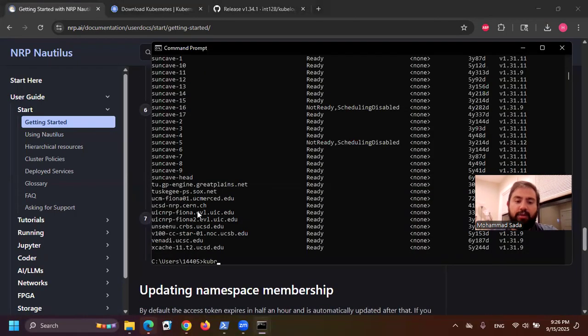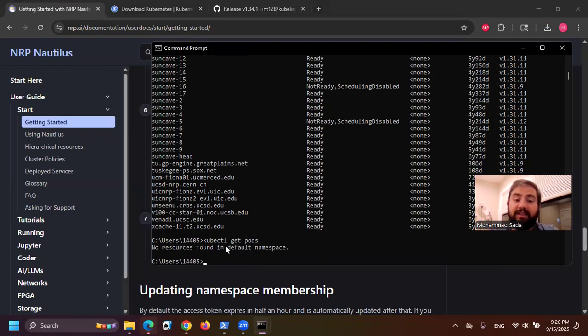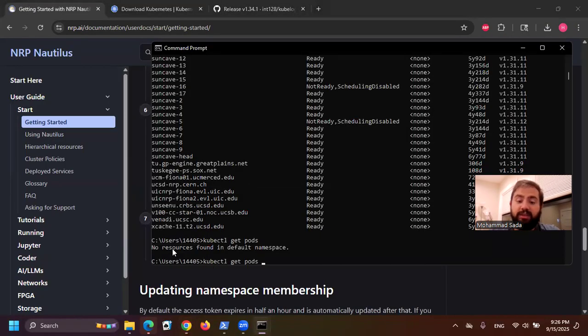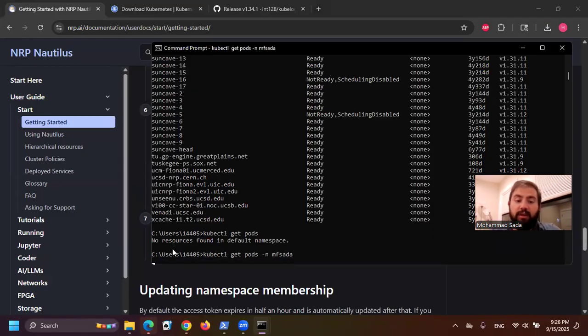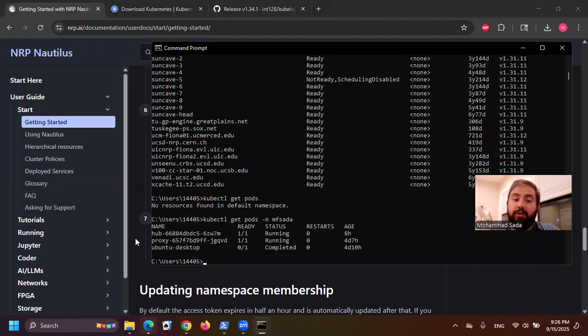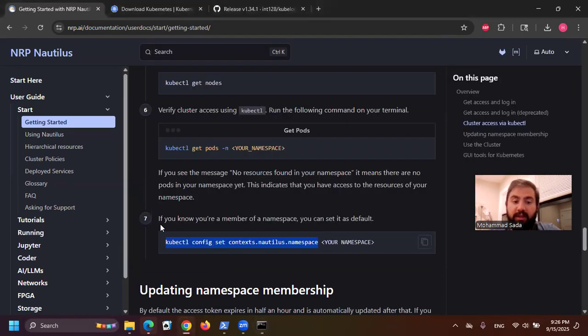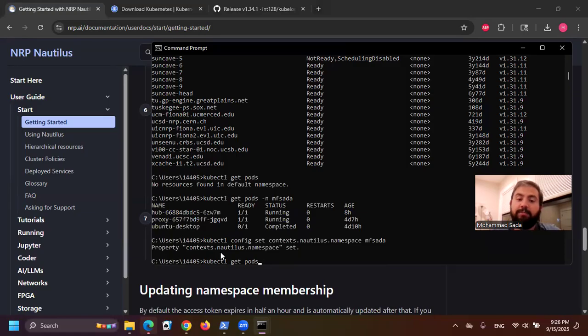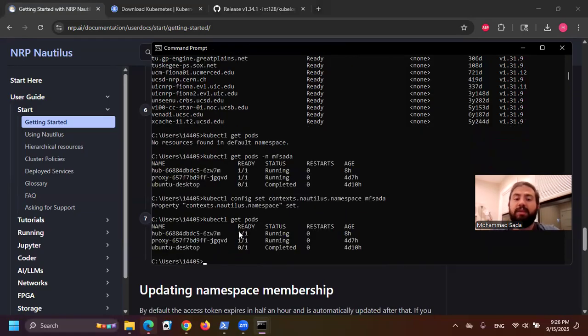If I type in kubectl get pods, it's going to say no resources found in the default namespace. The default namespace is the namespace just there. It's not your namespace or mine. So unless you specify explicitly the namespace that you're part of, it's going to assume you're talking about the default namespace. So you can set the default. So it's not the actual namespace called default, but your default, by running this command, step 7, and typing in your namespace. So mine is going to be MFSADA, for example,